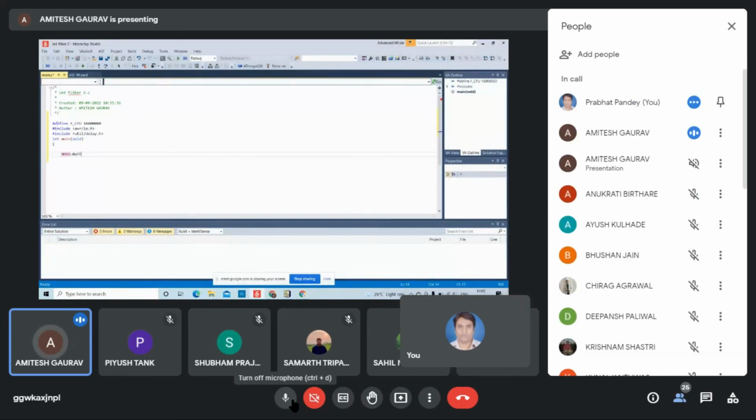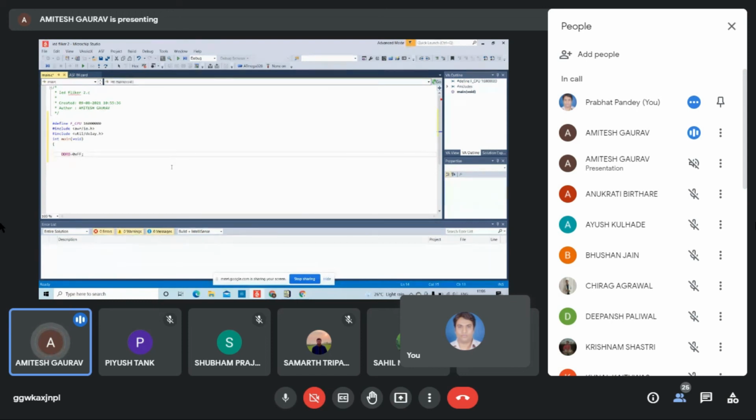We are writing the code for the frequency used by the microcontroller. First we have defined the frequency, which for the Atmega 328 is basically 16 megahertz. Then we have included the avr/io.h file. Then we have included the delay file, which will generate the delay. And after that, we write everything in C.